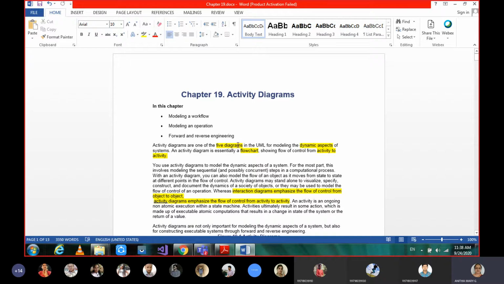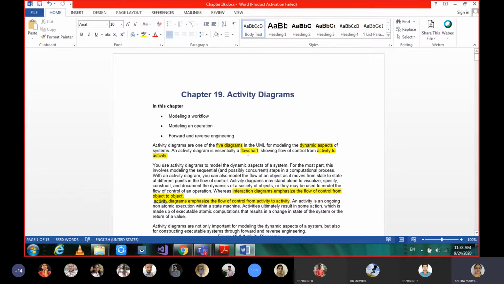We have 5 behavioral or dynamic diagrams in UML that give the dynamic aspects of the system, and one among them is our today's topic, activity diagrams.